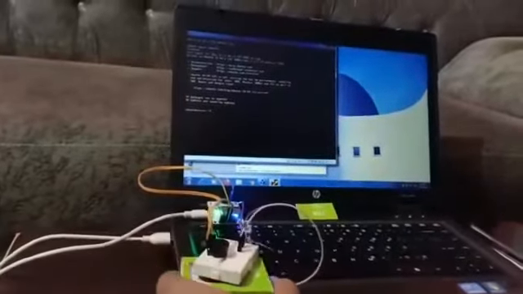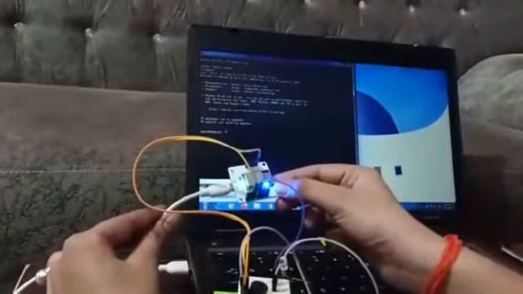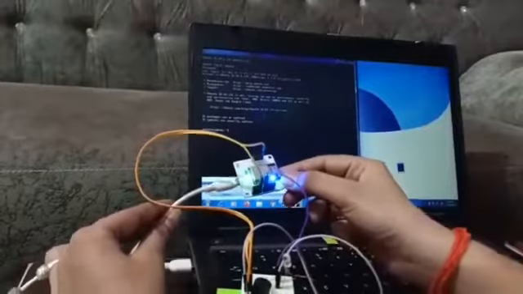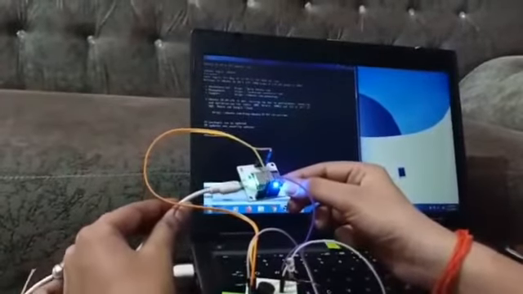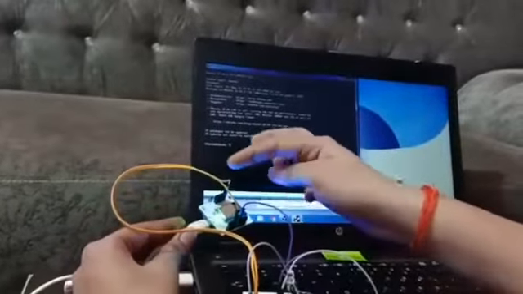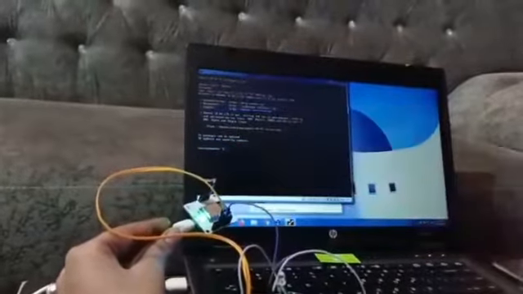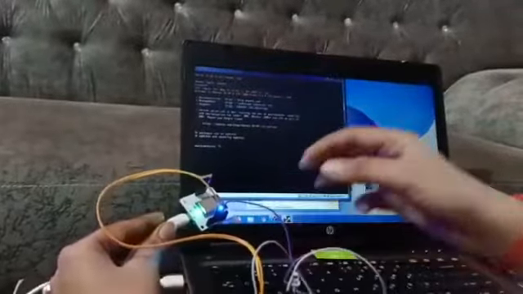Hello guys, let's get started with our Bitcoin alert system using the Bolt Wi-Fi module. So here is our Bolt Wi-Fi module. It has two stable LEDs: a blue LED which symbolizes that it has proper power, and a green LED which symbolizes that it is properly connected to the Bolt cloud. I have already made the connections, and how I made them is given in the schematic circuit diagram.